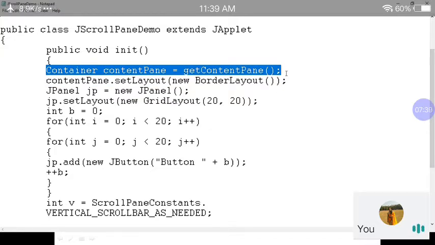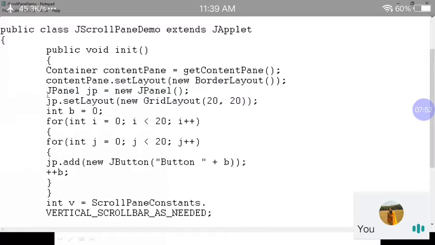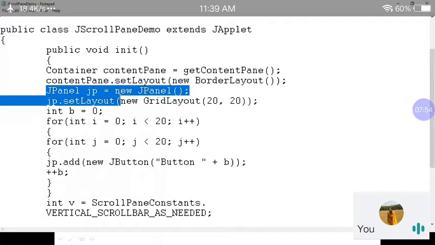Now for this container I have used the setLayout method, and here BorderLayout is set by me. Next, I have taken one JComponent, that is a JPanel: JPanel jp equal to new JPanel.